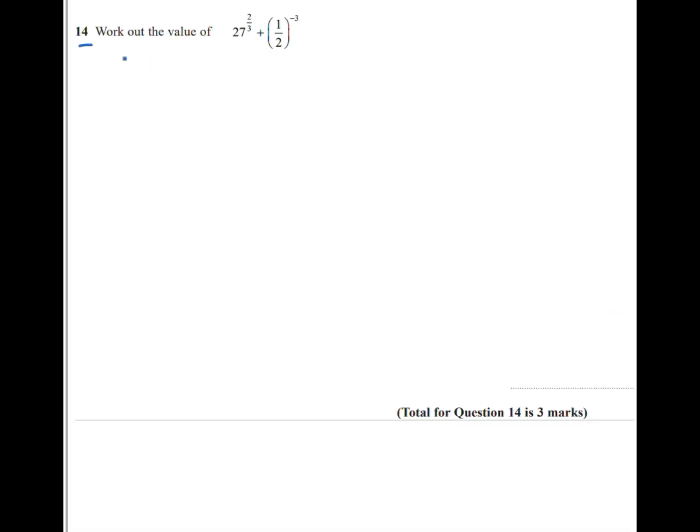Question 14 says work out the value of 27 to the power of 2 over 3 plus 1 over 2 to the power of negative 3. Now we have fraction in the power and negatives in the power. So when we have a fraction in the power, the top number is basically the power, and the bottom number is the root. So it means that it's the cube root of 27 to the power of 2 plus, on the other side,